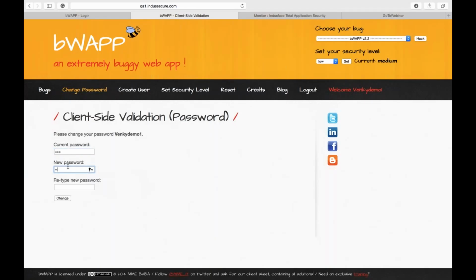which is the hacker. The hacker is trying to change it to something valid first to bypass client-side validation, just to show that I'll set it to something low. When I do a change, yes, it has to be minimum 6 characters long. That is what you get here. So client-side is validating this. Nothing went over the wire. Now let me change it to something as per the validation policy. I click on change,